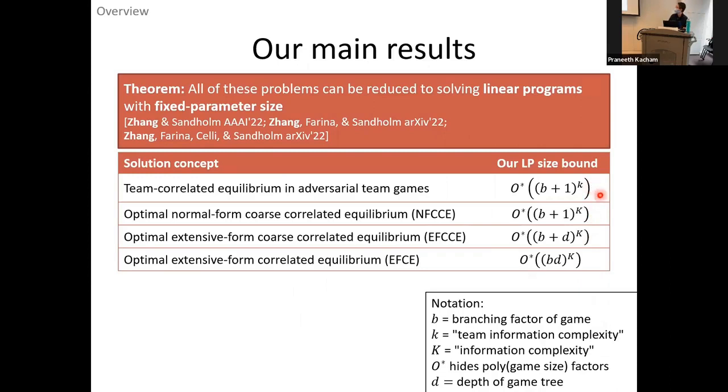And this little k and big K, by the way, that is not a typo. This is intentional. These parameters are different, as I will explain later. The little k is smaller than big K. So these 4 problems all have different bounds.